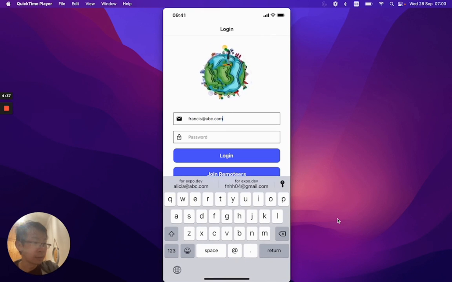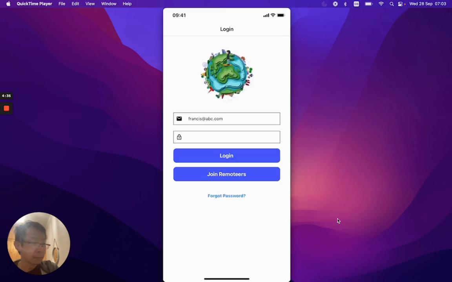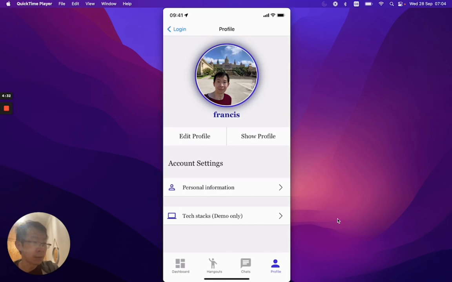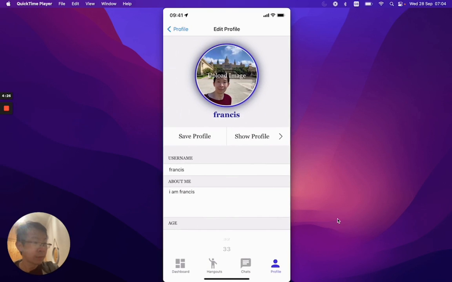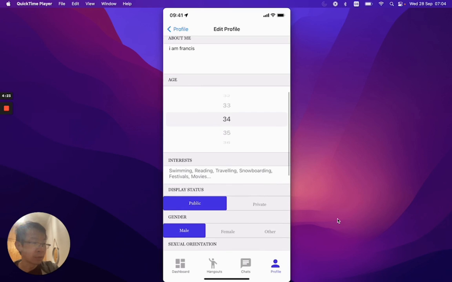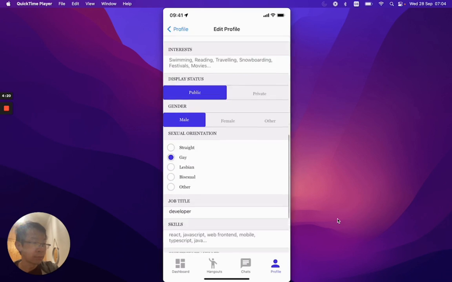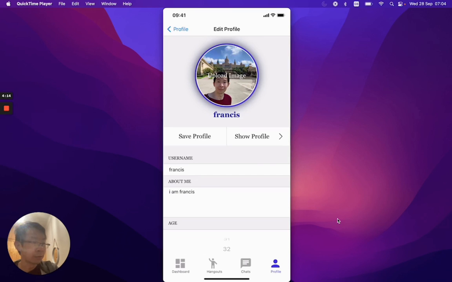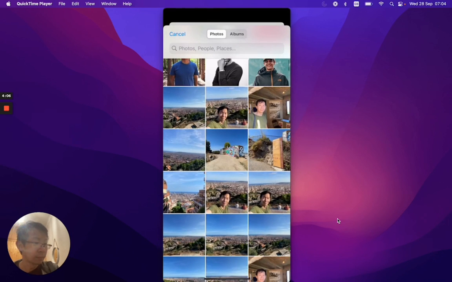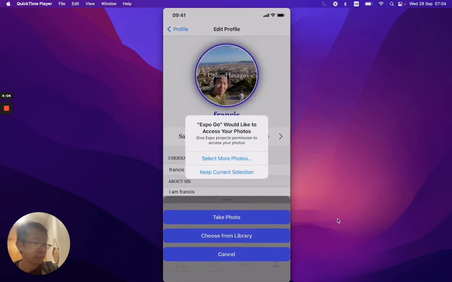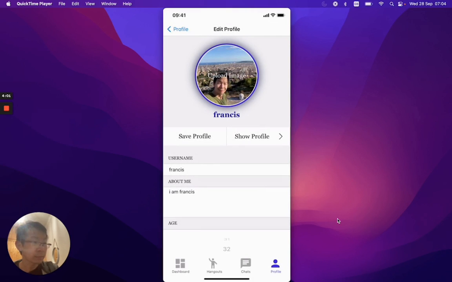Let me just sign in. Here you can see my profile, my photos, and I can then edit my profile. So let me just change my age, and then I can also upload a photo. And that's my photo updated. Let me just save the profile